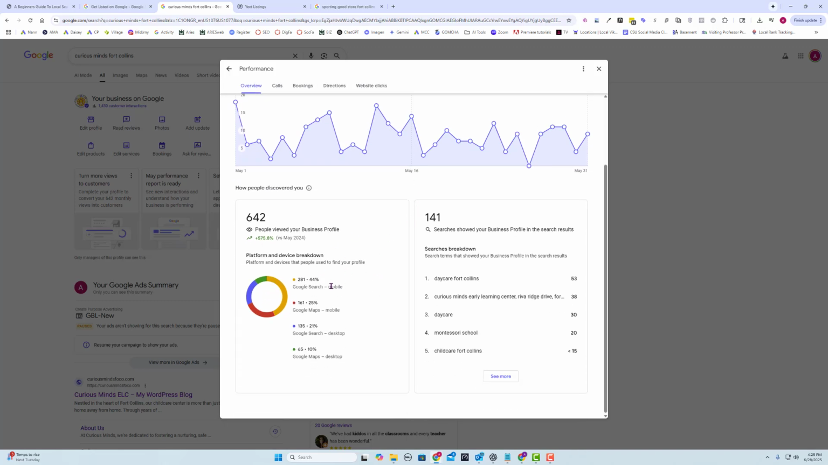This is the way people are finding it. So 44% Google Search Mobile, 25% Google Maps Mobile. So we're looking at about 70% of traffic coming from mobile over here. So that's a lot for a daycare is more of a type of business where you're going to put a